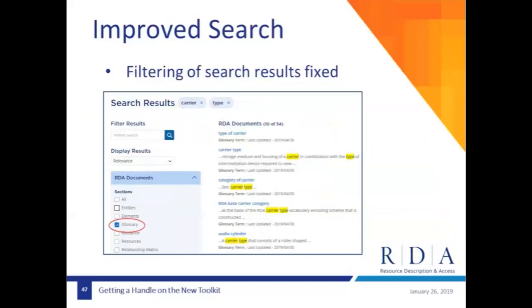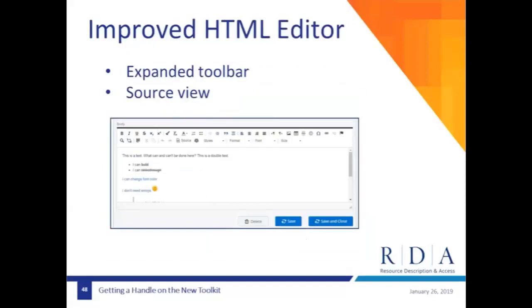We've corrected, one of the fixes is we corrected the filtering on search results. So here you can see you have the search results, but I filtered them for glossary. I checked glossary, the default all display on the searches has gone off, and you can just see the glossary entries now. So that was fixed. We made a bunch of improvements to the HTML editor, and with the stabilized text now,